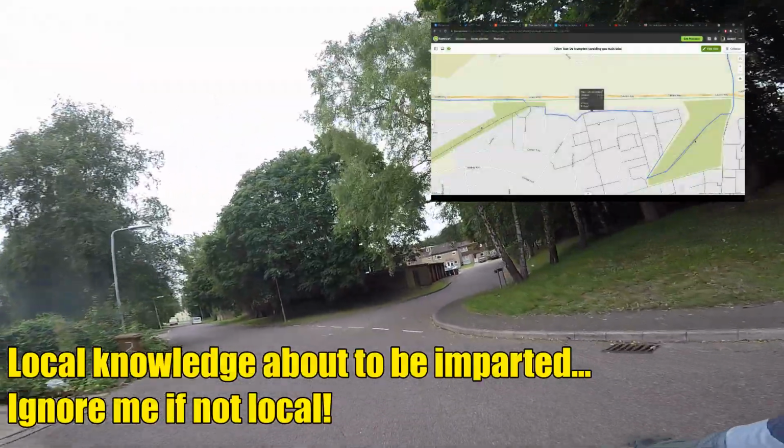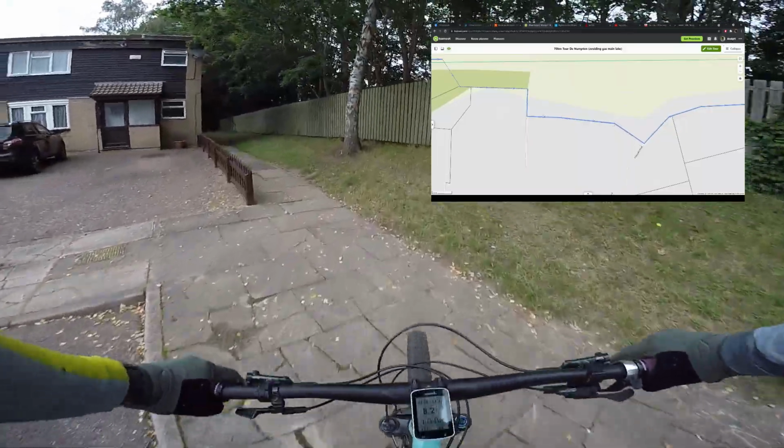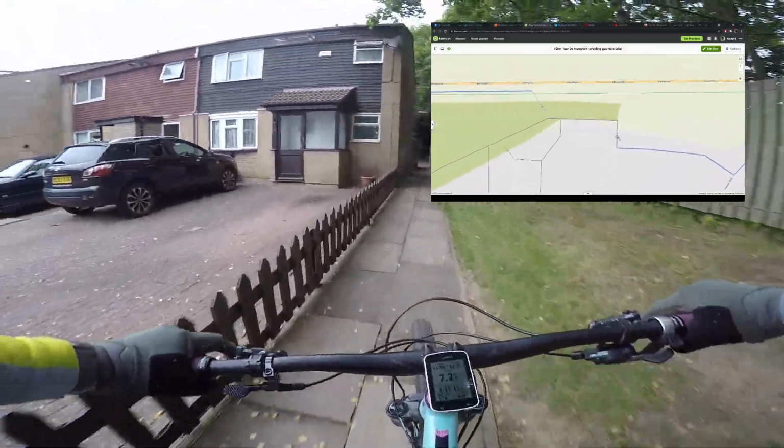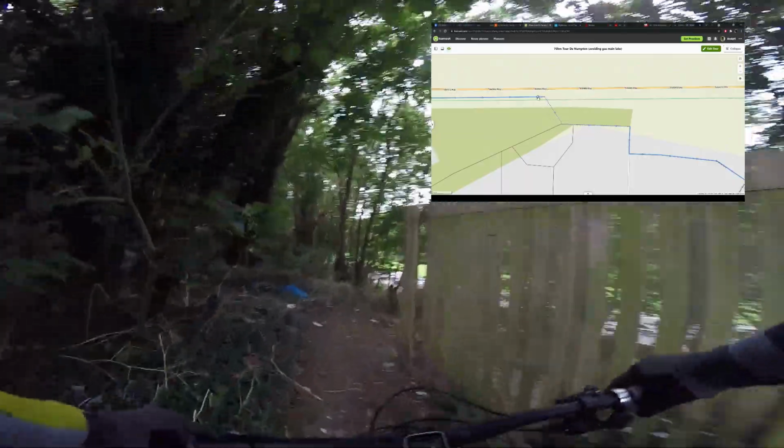Watch carefully if you've never been this way before, it's not obvious. Down here, up on the pavement, down the side of the houses, and then through the gap in the trees, down the little kind of sketchy downhill bit, which is probably not actually that sketchy, but